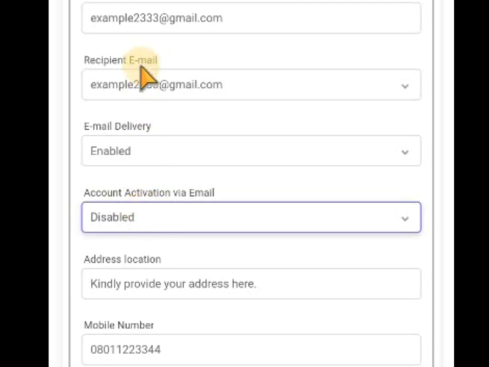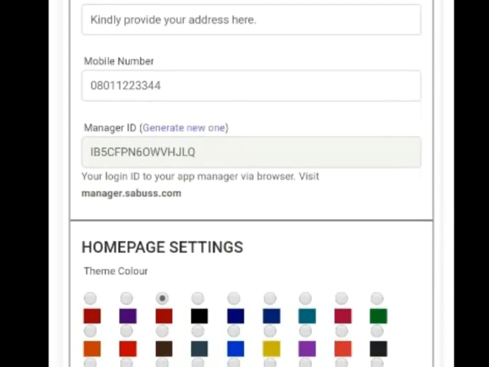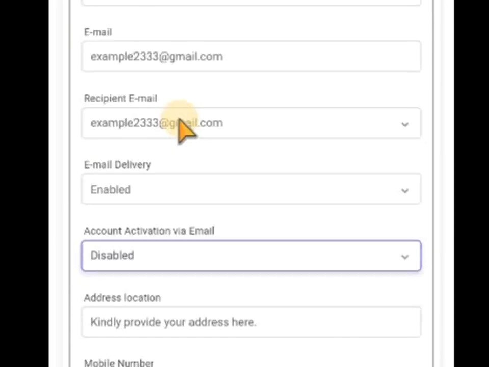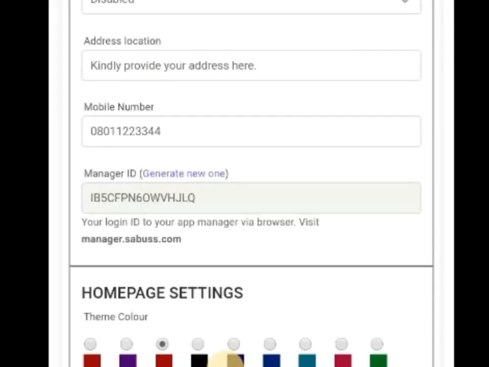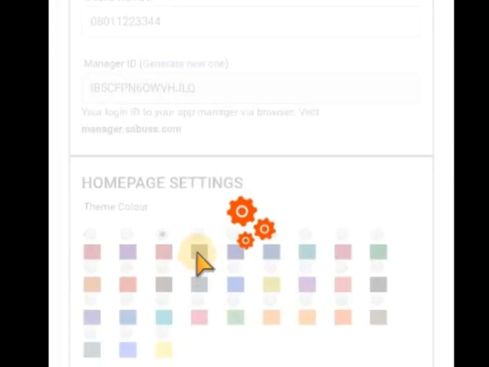Okay. Now recipient email, let me say this email is not active anymore, or you don't have access to it again, you can actually delete it. Once you delete this, put another one to replace it. When you replace it, you click on save changes. Then you go back to this place and choose the one you replaced it with. But I don't replace it with anything, that's why I showed the same. Okay. Now let me save the changes I've made